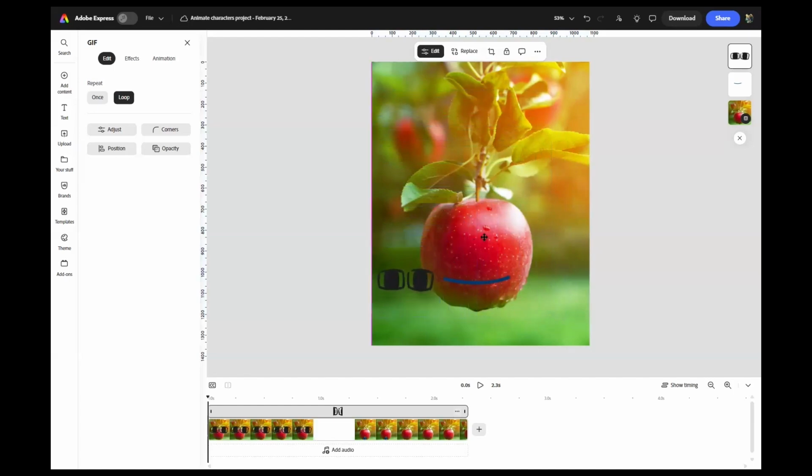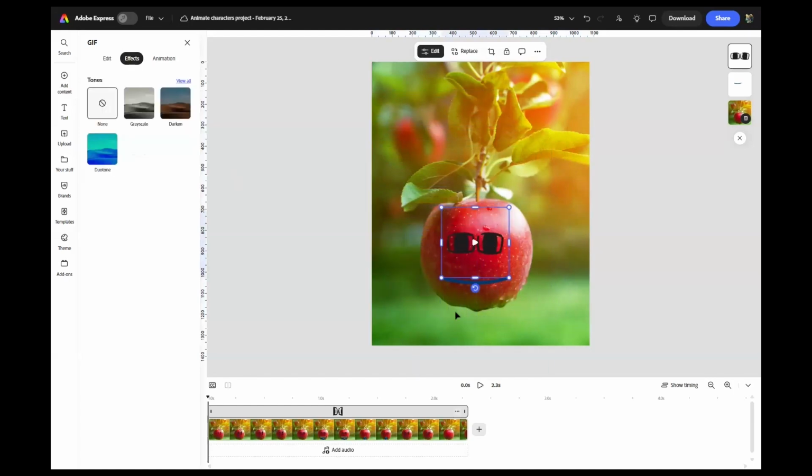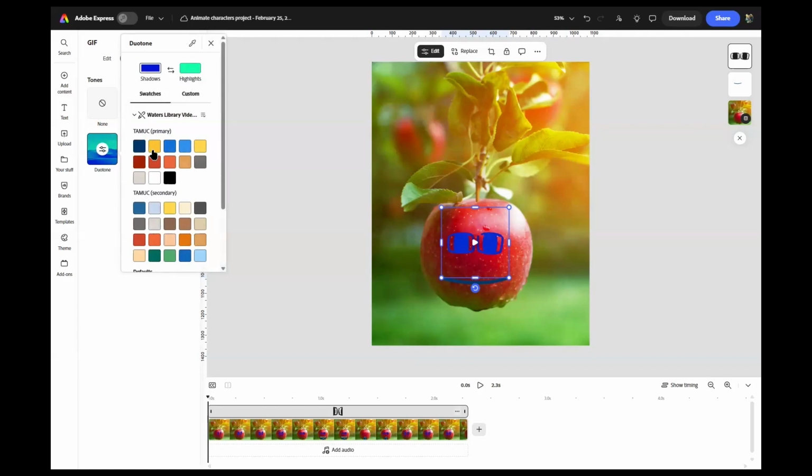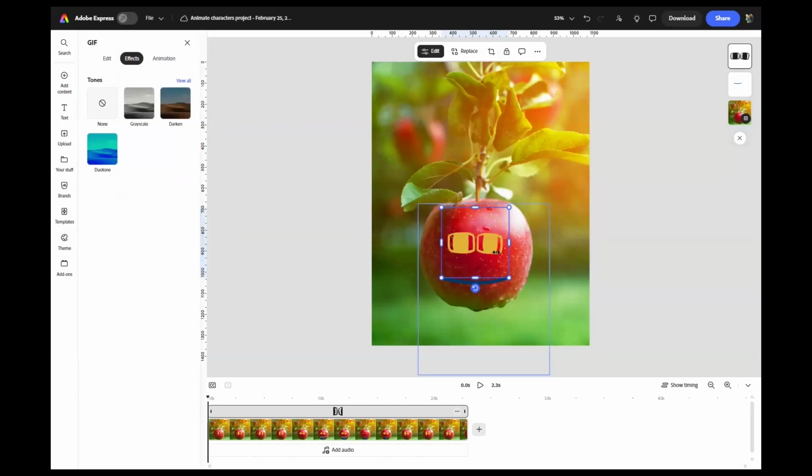We're going to pull them down here and put them on top of it. And then, just like we did with the lips, we're going to change the color by doing the dual tones. And again, I like our university colors, so I can go ahead and switch those out like that. And then making sure that we have